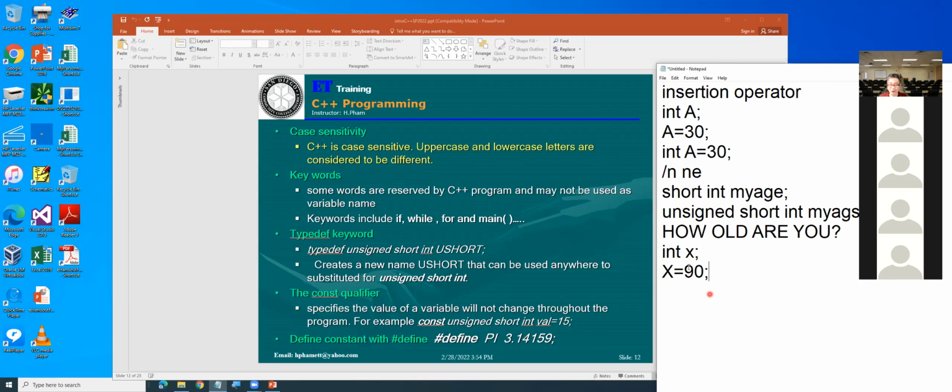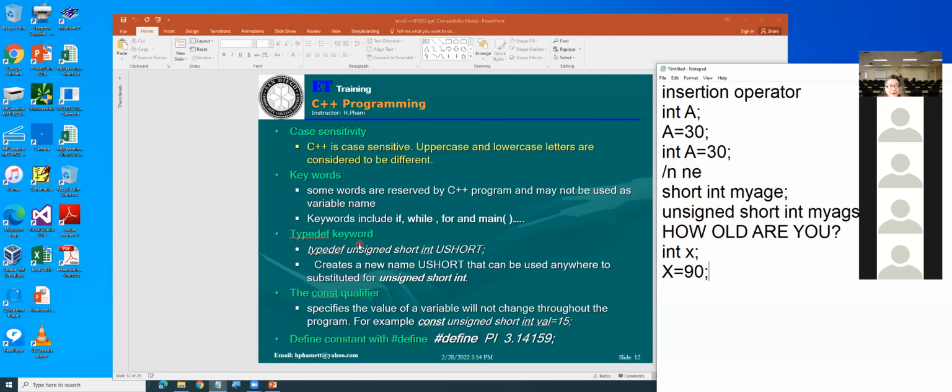Then you get an error. The thing is lowercase letter and uppercase letter are quite different. That's what they said here. They must be the same. Keywords are just words like if, while, for, or main.